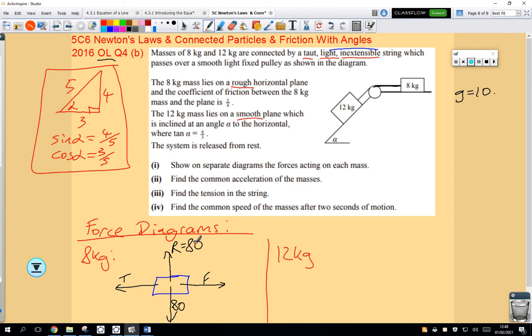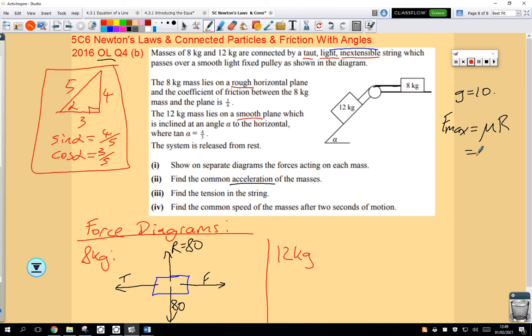R must equal 80. It has to be. If it wasn't, then the particle would be either accelerating upwards or downwards, which it's not. The other thing is, the question is about acceleration. So there's obviously some acceleration, which means that friction has achieved its maximum possible value. And the maximum possible value for friction is always mu times R, where mu is the coefficient of friction, R